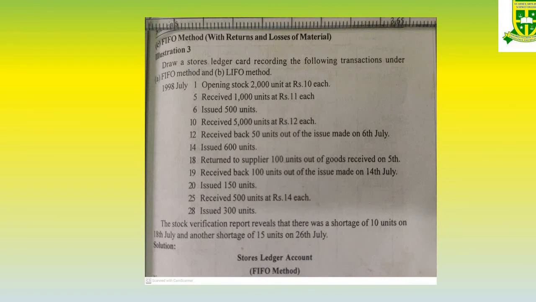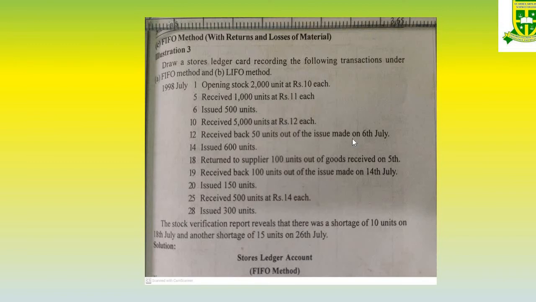If you are supplying goods to the manufacturing process, there may be defects in some products, so they will return them. Likewise, when receiving goods from the supplier there may be a defect, so you will return them to the supplier. Or when issuing goods to the factory for manufacturing, when there is a defect they will return it back. In that situation we make adjustments, but follow the date order in ascending order from 1 to 30. Don't change it. If there is an adjustment also, you have to make it date wise.